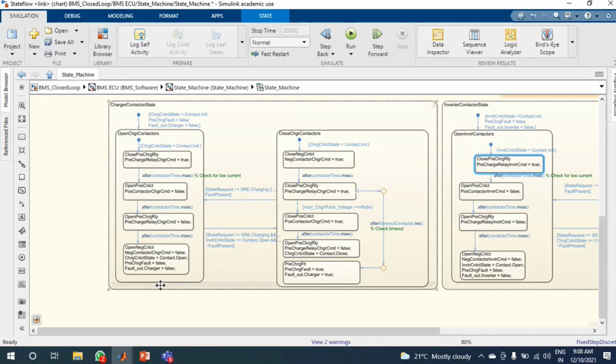Because if I want more resolution at cell level, for example a 16-bit resolution analog to digital converter, I'll be getting only 860 samples per second. At least I have to take 4 to 6 samples to estimate the voltage of a particular cell.